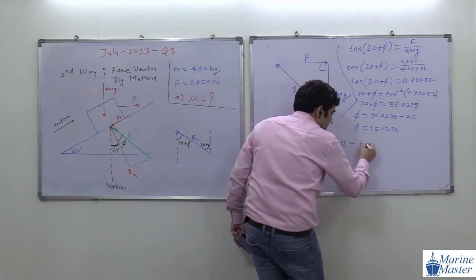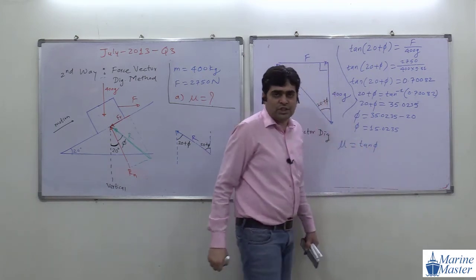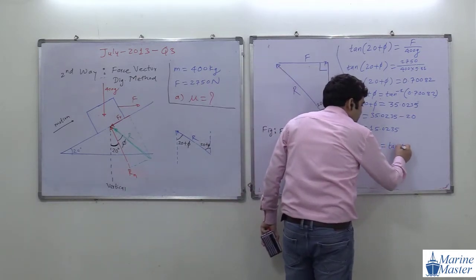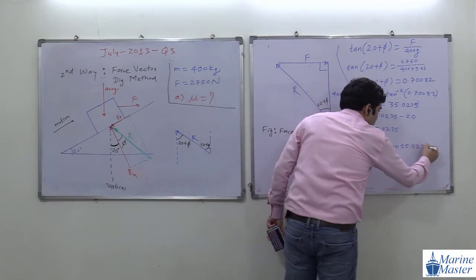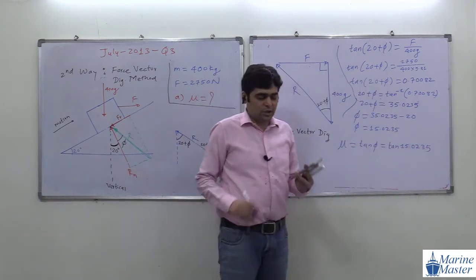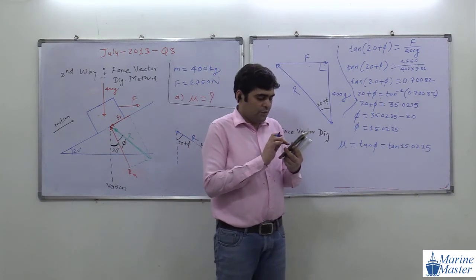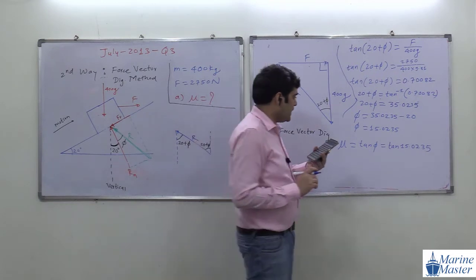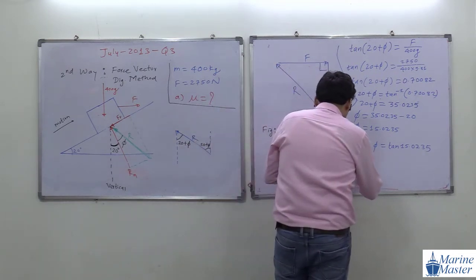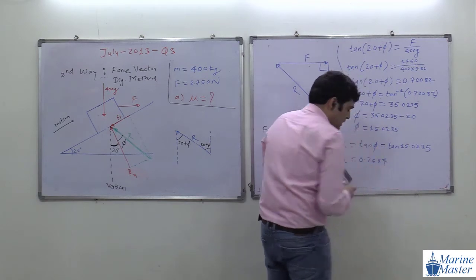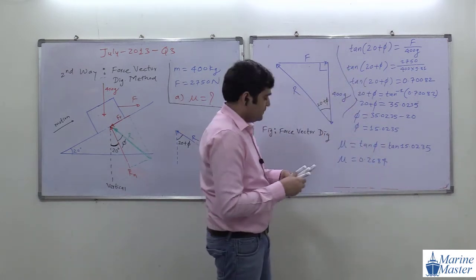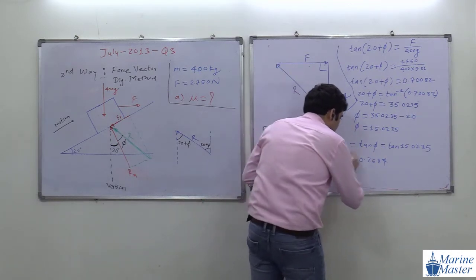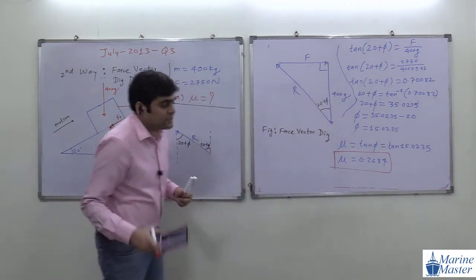And we know what mu is. We studied in the basic theory of this chapter, in the initial discussion, mu is equal to tan phi. So tan of 15.0235. Check it once again, everyone. What value do we get? Mu is equal to 0.2684. A similar answer we got by using the first way also. So this is the second way of doing the calculation. See how many steps we save.